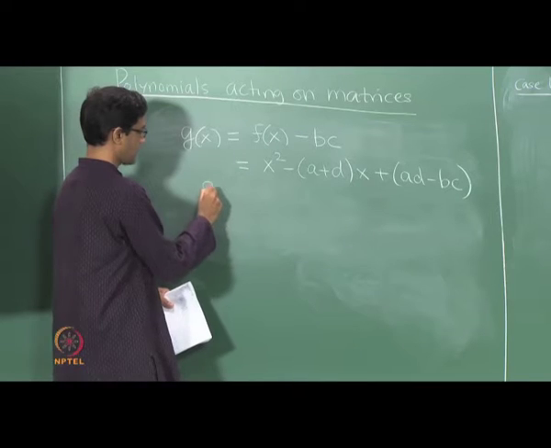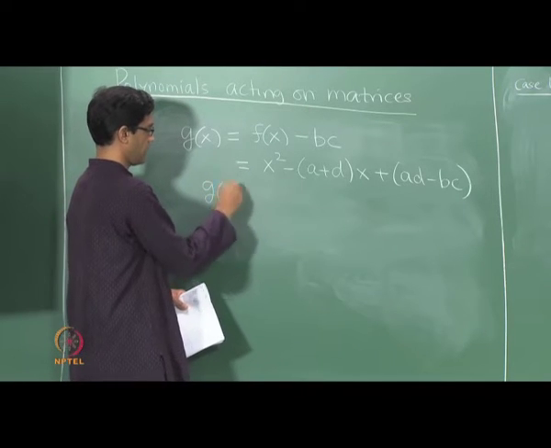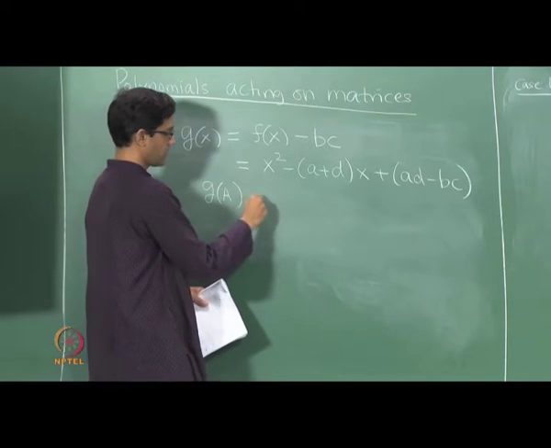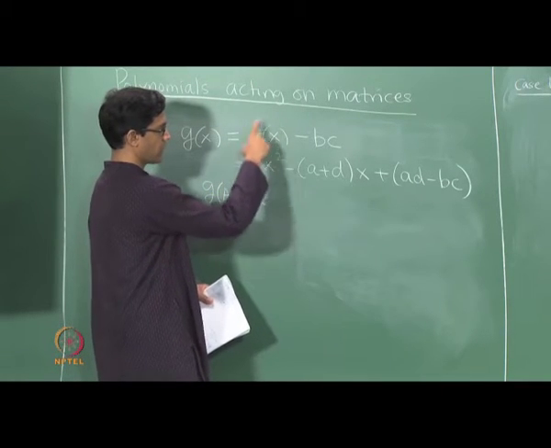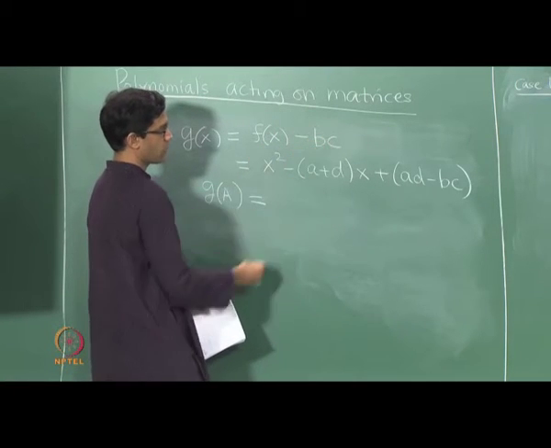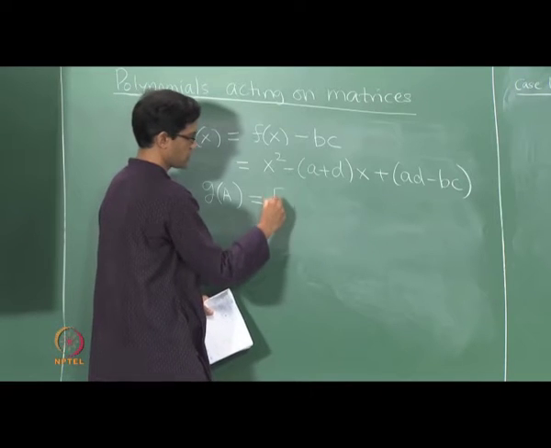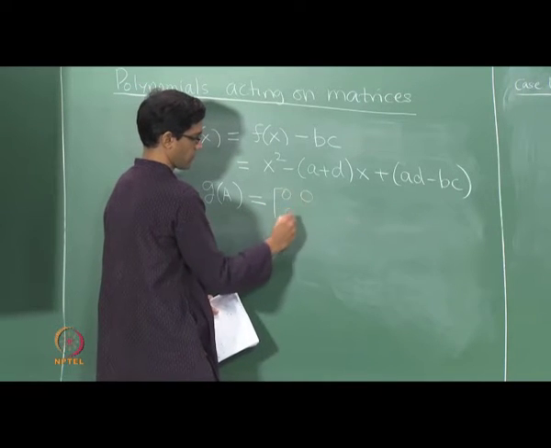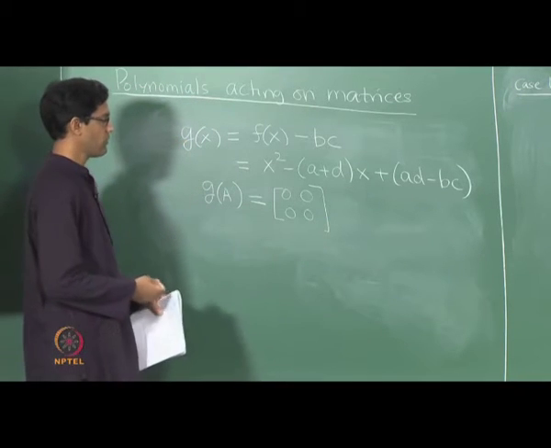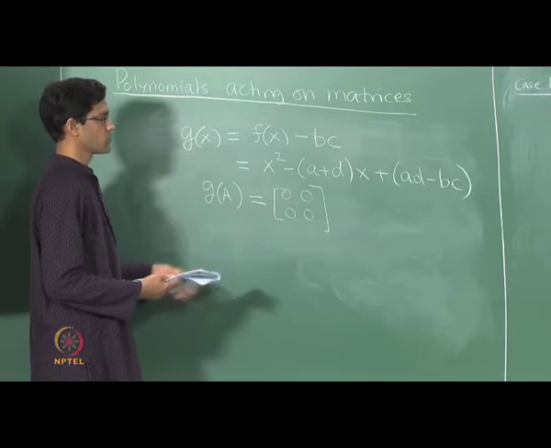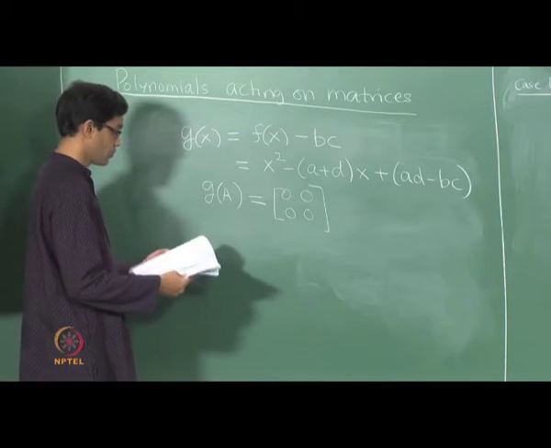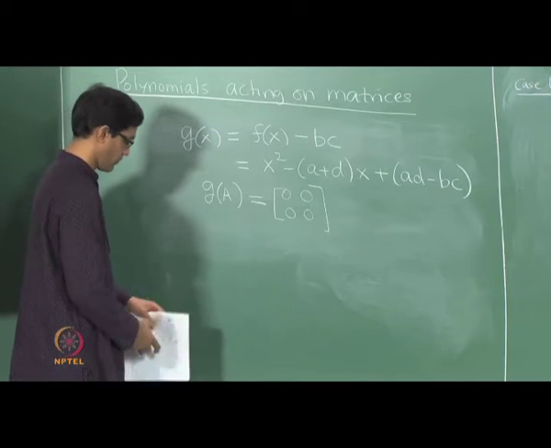And now observe that our calculation said that if you apply g to A, then the application of f to A produces BC times identity, and that is going to be cancelled off by the BC term that we now included. So this is in fact going to give you zeros as required. So what we have managed to do here is to find, for the most general scenario, a polynomial which will make the given 2 cross 2 matrix A into a 0.